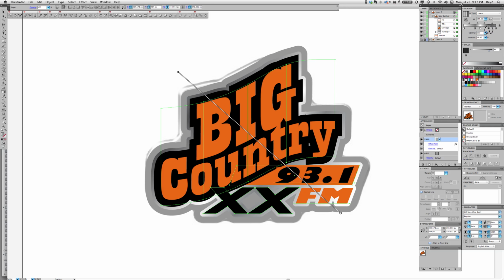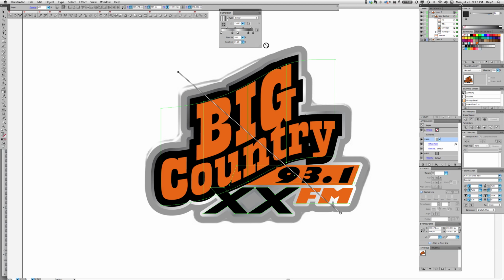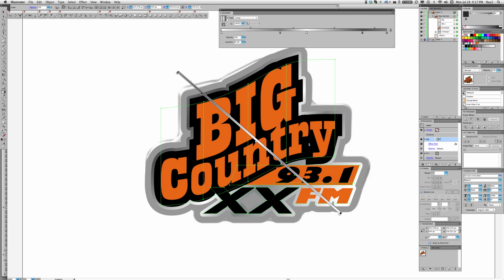You can refine this as much as you want, and we can do some other tweaks. Sometimes it gets a little hard to distort or to edit a gradient when you get a lot of points, so it may be easier to pull the gradient panel out and then expand it. Or you can also adjust your gradient swatches right on the gradient bar. And again, being old school, I forget that, but it's there. You can even double click it to pick a color. And I think if you Option click, there's some way to get different options. But anyway,